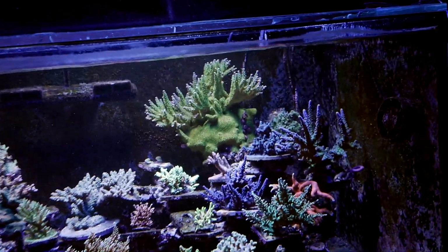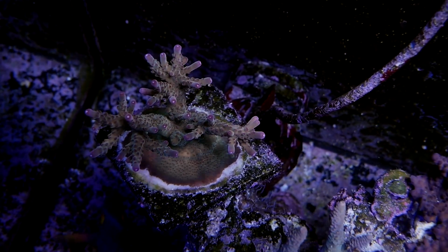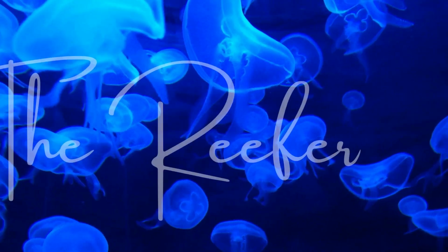My Hanna Ultra Low Phosphorus Checker gave me a reading of... This is CC Purple Haze from the top. It's really nice. It's a really nice coral. I love...